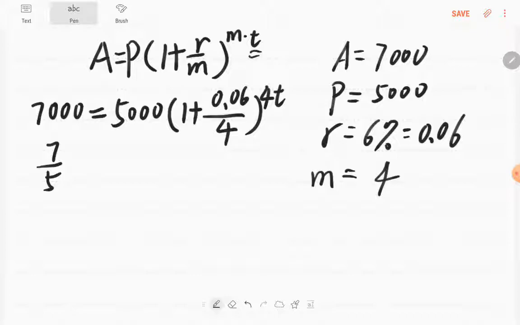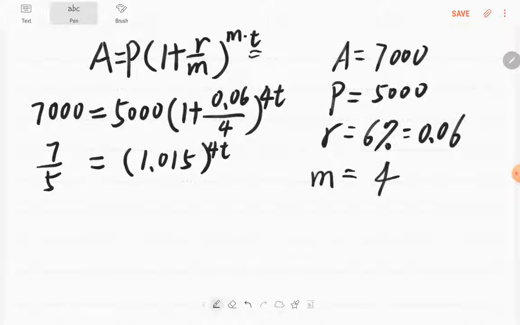Okay, so this would be 1.06 divided by 4, which is 1.015. So add 1, so it would be 1.015 to the 4T. Right, clear. So again, since this 4T, this T is in the position of the power exponent,